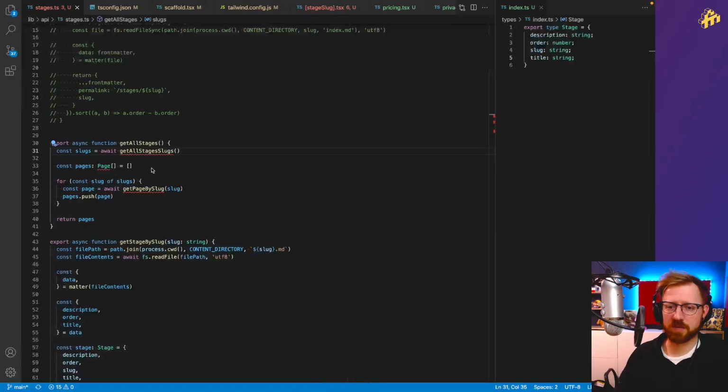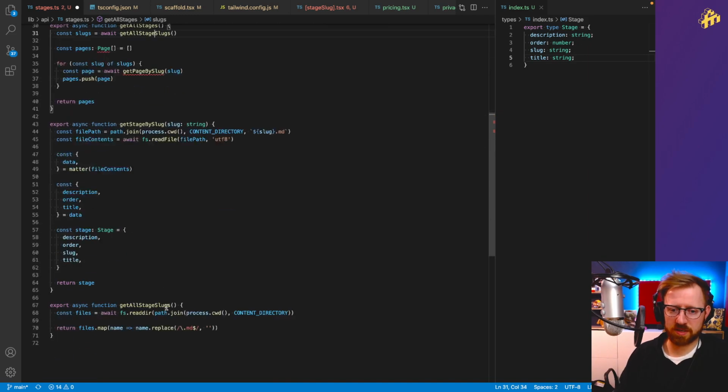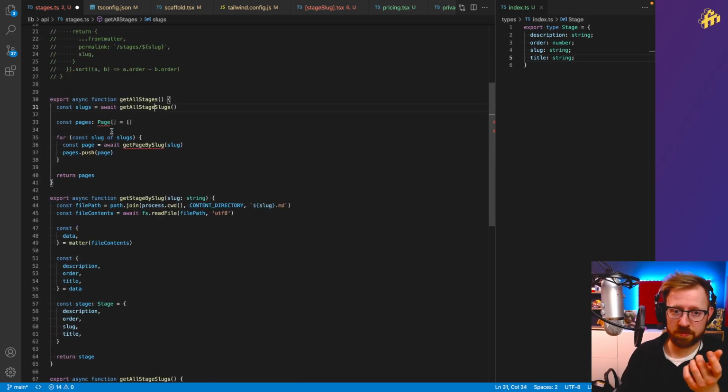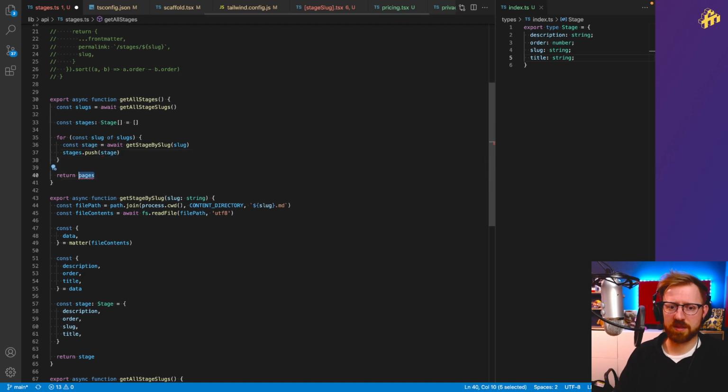Yeah, singular makes more sense. Get all stage slugs, and that's also what the function was called down here. I could have checked here. We are going to get all stages. For each slug, we are going to use the get stage by slug function, push it to the array of stages, and then lastly